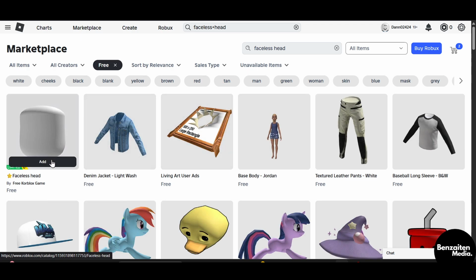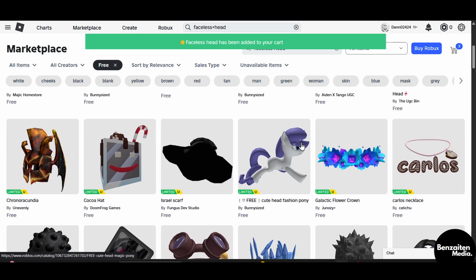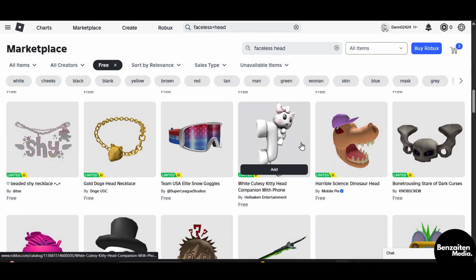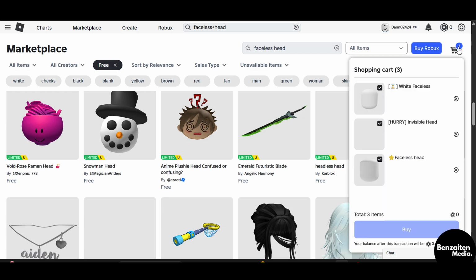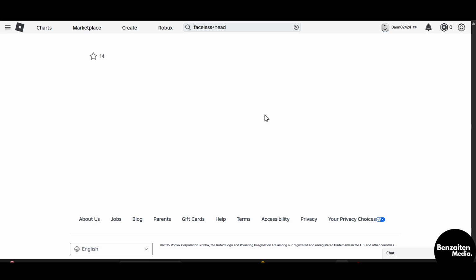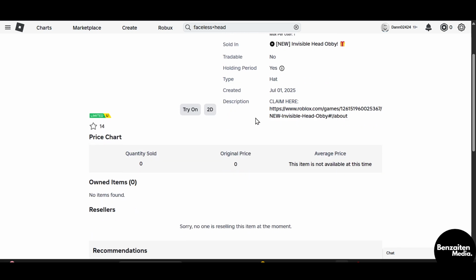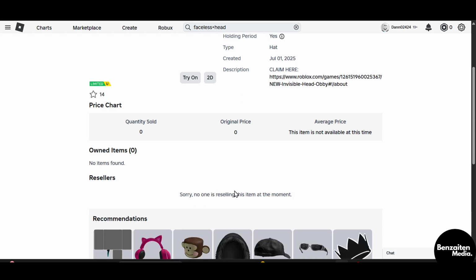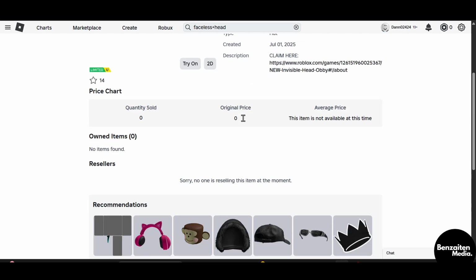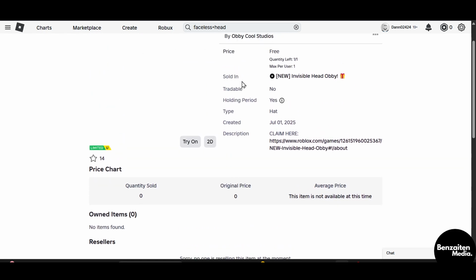You can just simply add this one and you can also add the headless head. And after that, when you add all these, they will be available here in the cart. If you need to buy them, you need to wait for a reseller to resell it. As you can see, currently there is no one to resell this item. So when someone will resell this faceless head, you can just simply buy it, and then you will be able